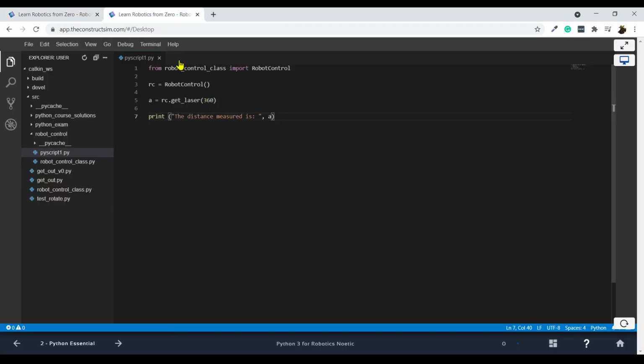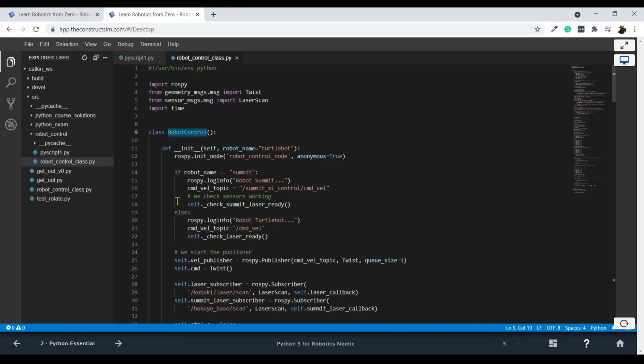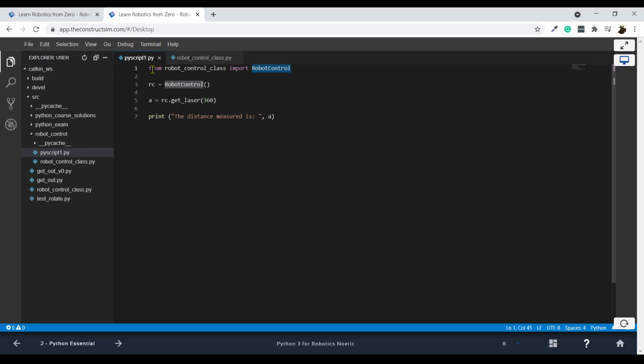Okay, so this robot control class looks suspiciously similar to the other script that we have inside our robot control folder, right? This other script, it's named robot underscore control underscore class, right? So basically what we are doing here is that we are importing from this file, from this Python script, we are importing this robot control. See? So from this robot underscore control underscore class dot py script, we are importing robot control, which is